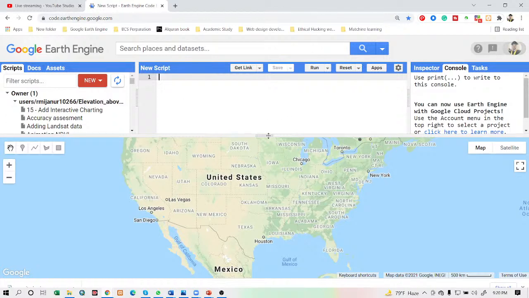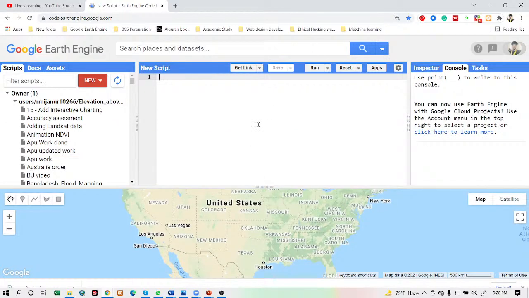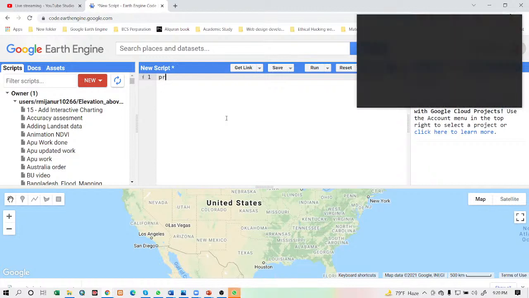Here you can see our JavaScript API code editor, and this place is called the code editor. You can write custom code from here, in this blank script area. Suppose I want to use the print function.